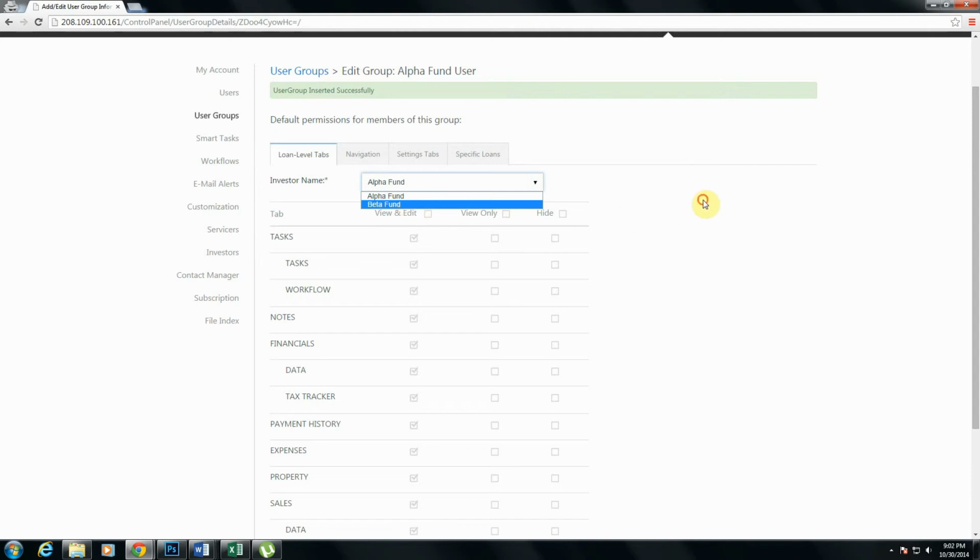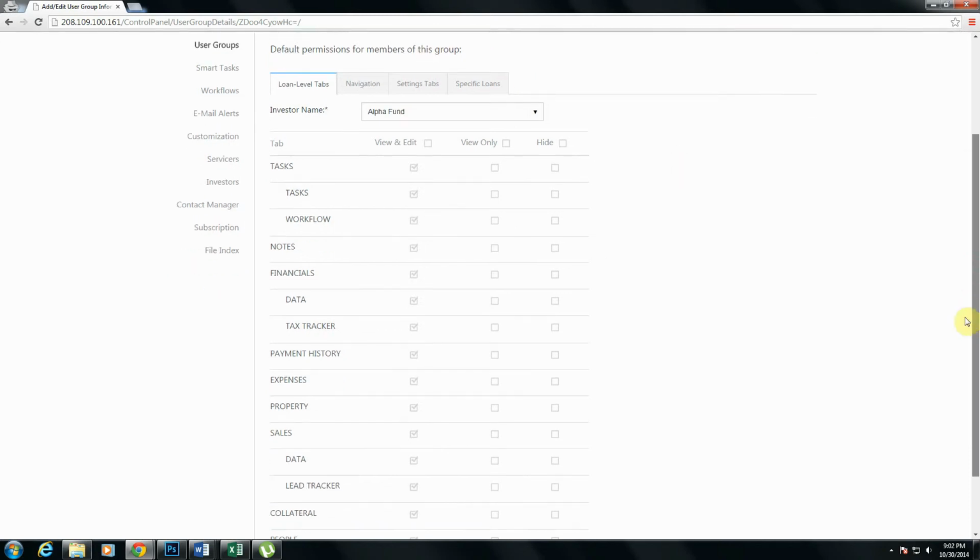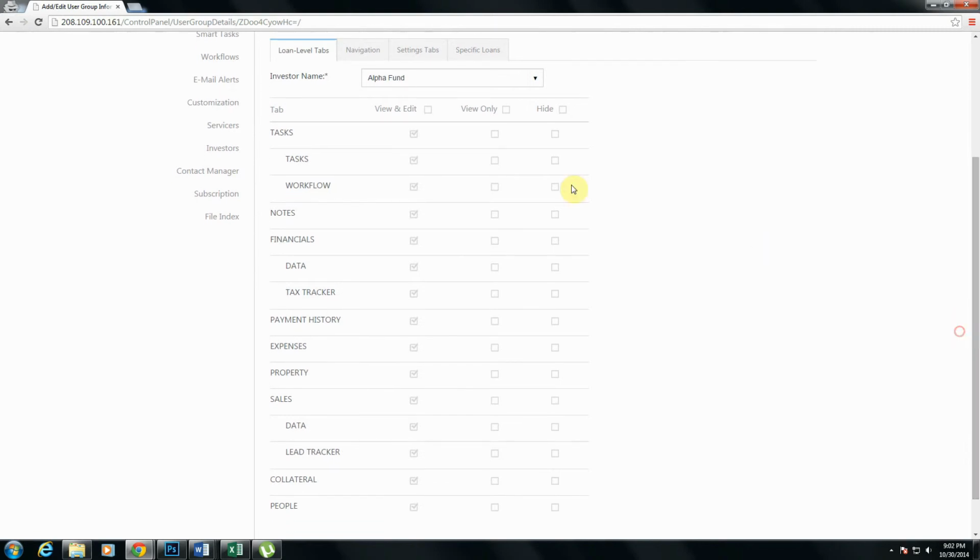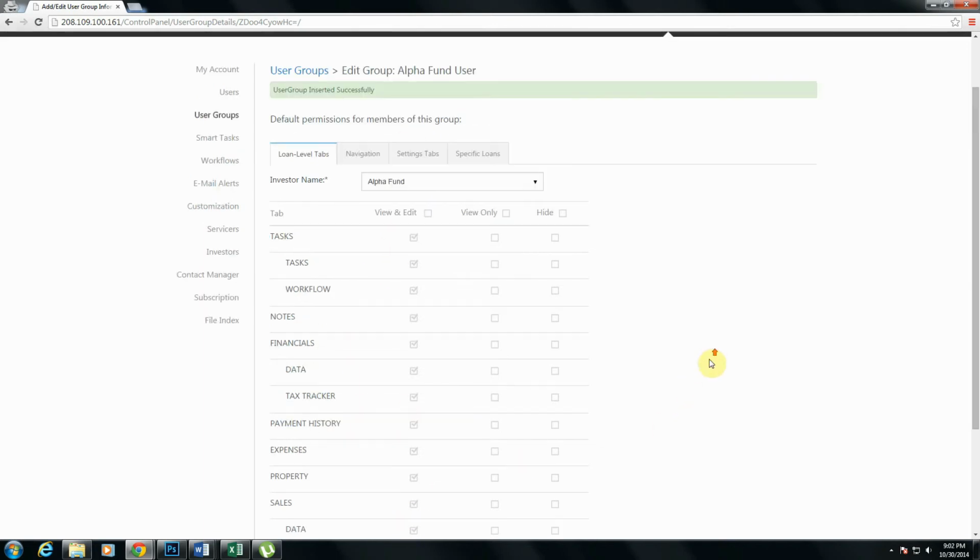So as I said before, these users are only going to have access to one of my funds, the Alpha Fund. So as far as I'm concerned, they can have access to all the tabs in my loan profiles for the Alpha Fund loans. They're able to view and edit all information, all my tabs, but for my Beta Fund files,